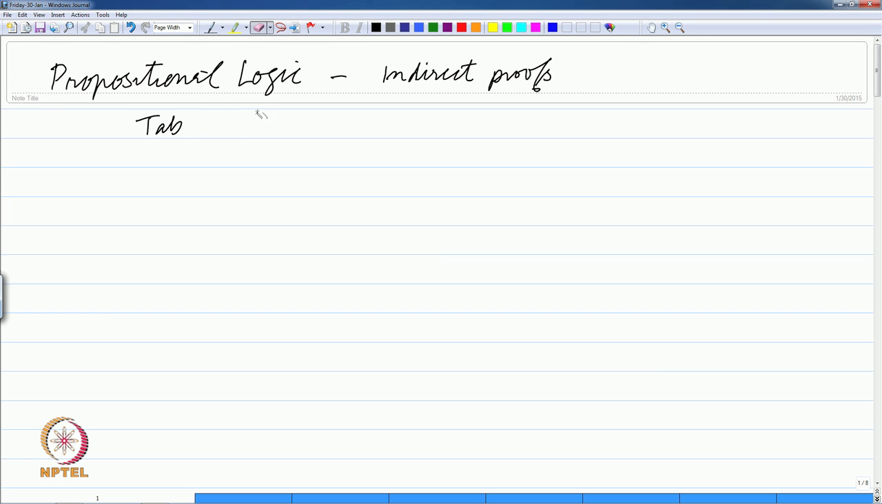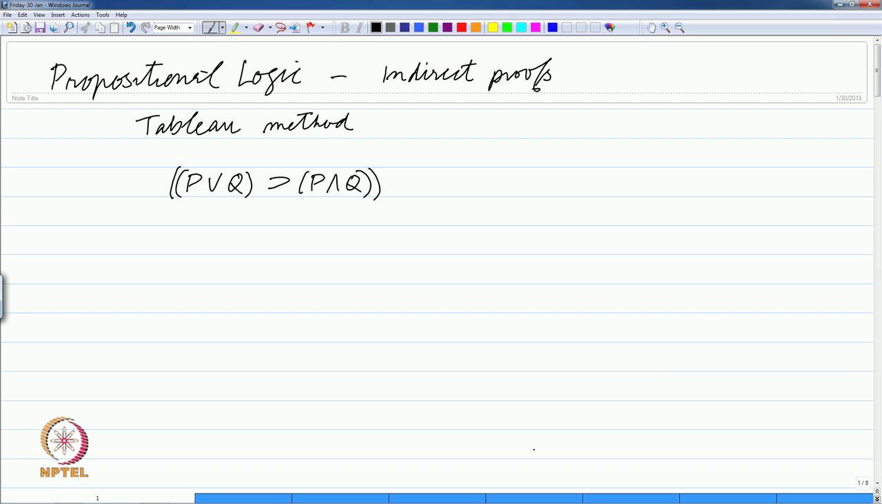So, just to do a very quick recap, let me take a small example. Supposing we want to show a particular formula to be true. So, let us say that this is the formula that we are interested in, and it says that P or Q implies P and Q. So, let us say for argument's sake that we want to show that this formula is true or valid or